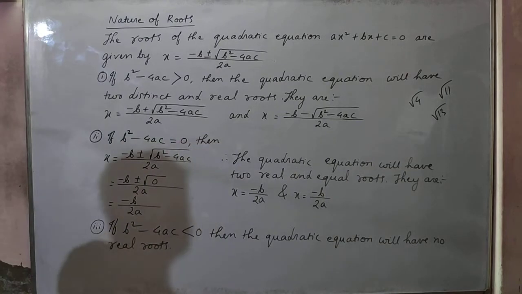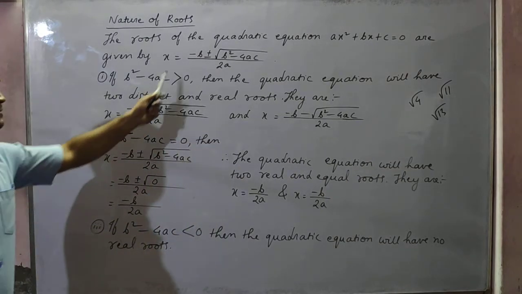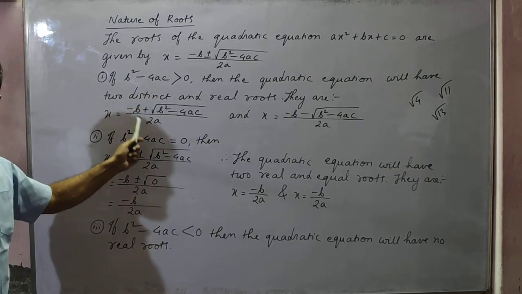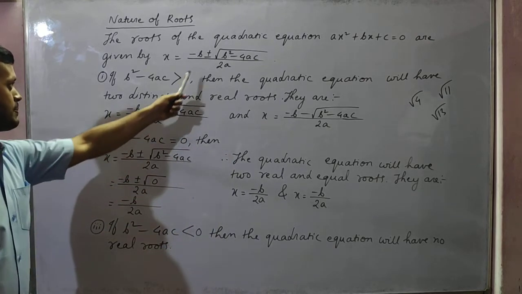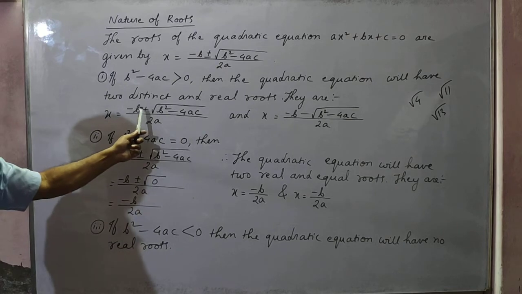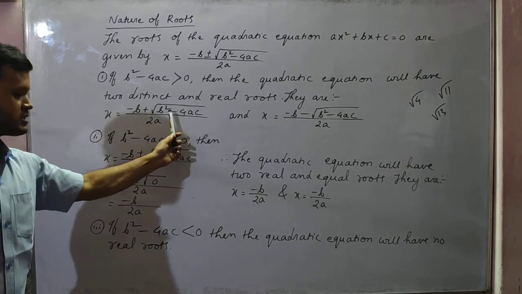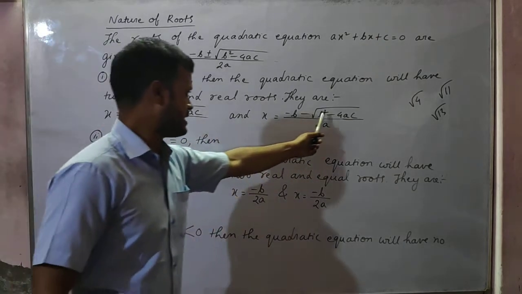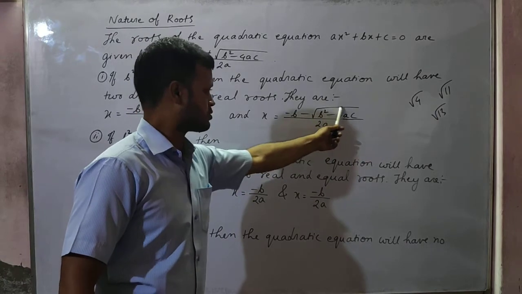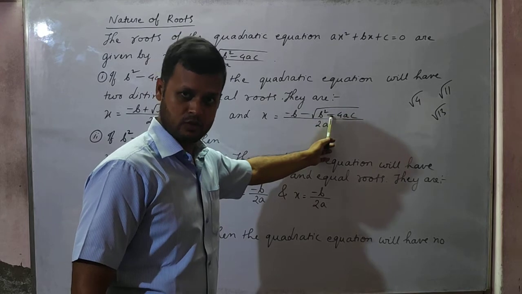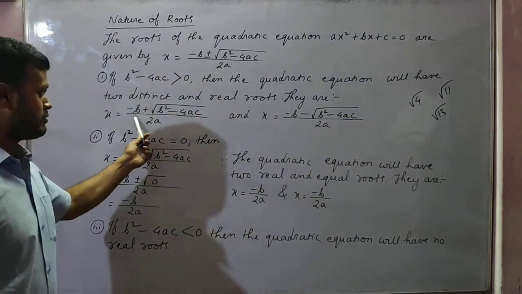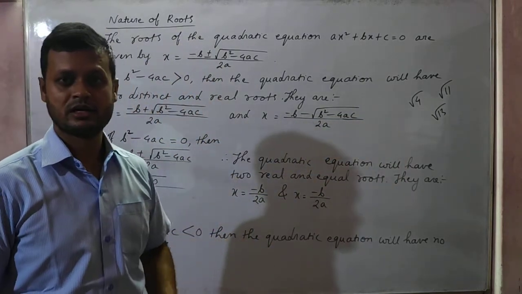So then what will happen, students? Minus b by 2a will stay here, isn't it? Minus b by 2a some particular value. Now here plus minus sign is there, no? So one will become plus, after plus this root over b square minus 4ac, one positive number will come, and here also one positive number will come in place of b square minus 4ac. Understood? So then there will be two distinct and real roots.